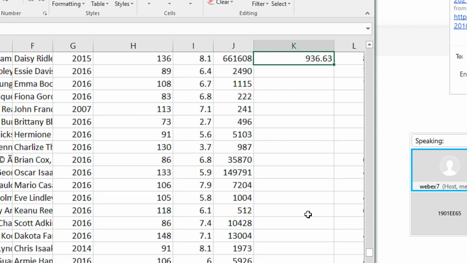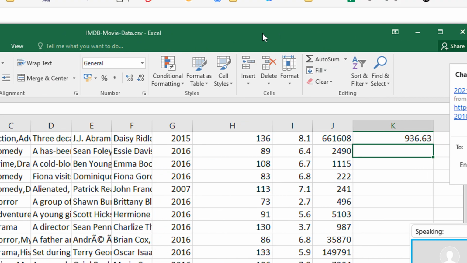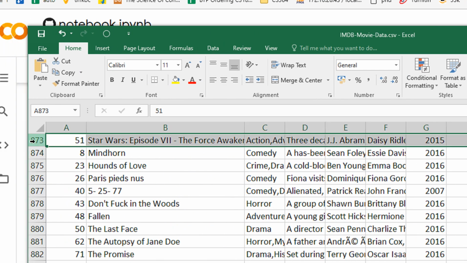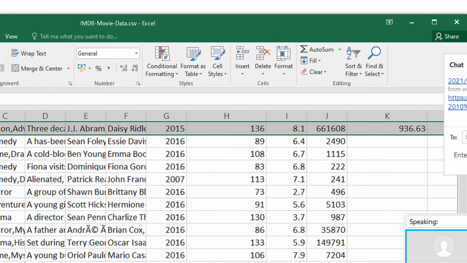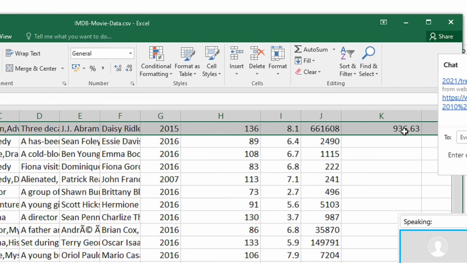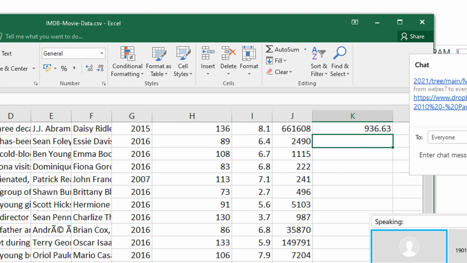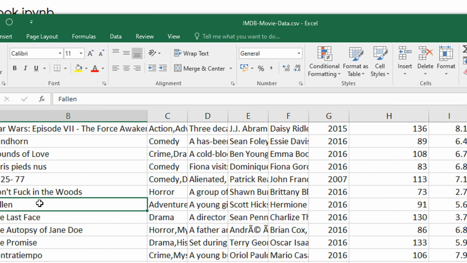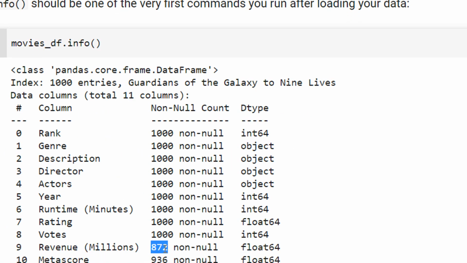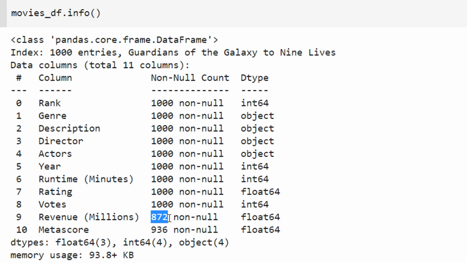See, this is 873, so 873 has a value 936 and the first row is the header. So you will have 872 non-null values. I hope that point is clear. This is how you get 872 non-null values.